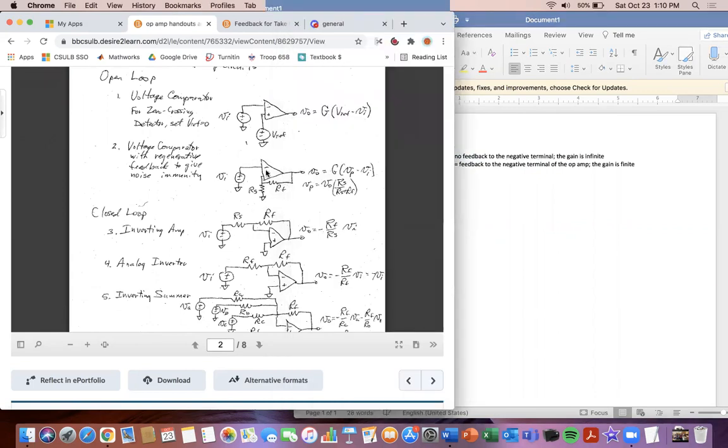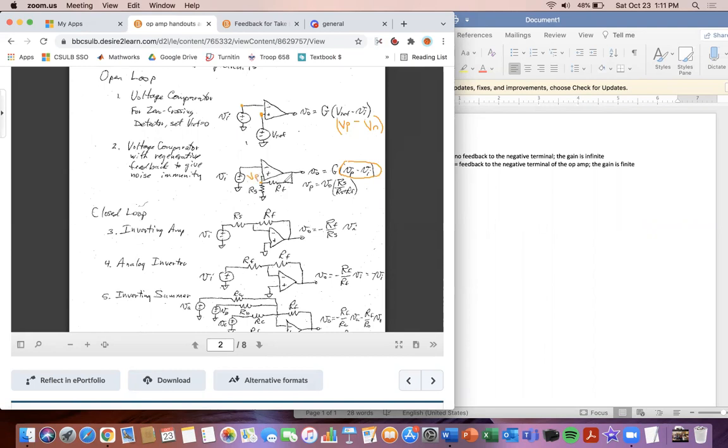What happens is we get feedback to this positive terminal, but we have the voltage source hooked to this negative terminal here. When we do the equation, it's exactly the same. As written up here, V reference was connected to the positive terminal, so we can say VP here. And VI was hooked up to the negative terminal, so we can write VN here. So it's the exact same part right here. Then we multiply it by the gain. And we notice here for VP,